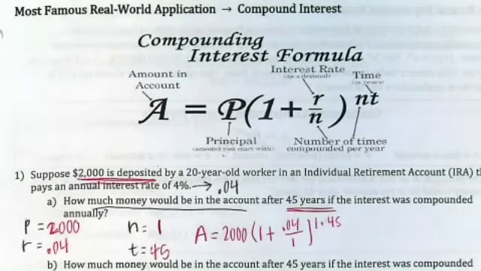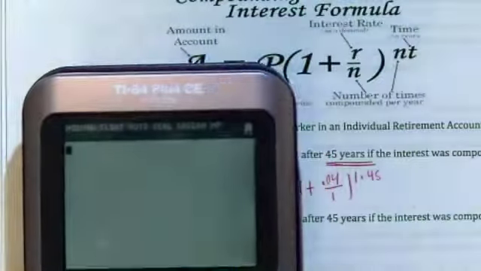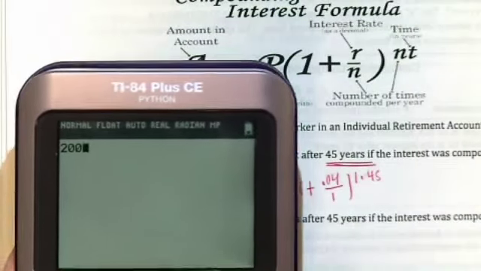I'm going to go ahead and show you how I'm going to put this in my calculator. I'll do this one time. It'll always be the same. So even though this is 1, I'm still going to write the 1 because the N's not always going to be 1. So I'm going to put 2,000